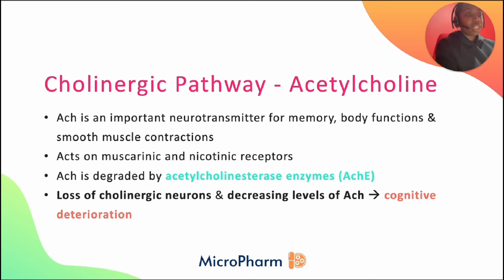So acetylcholine is degraded by acetylcholinesterase enzymes and also by butyrylcholinesterase enzymes. These enzymes ensure that there isn't an excess of acetylcholine circulating in the brain. However, a loss of those neurons and reduced levels of acetylcholine is what causes that cognitive impairment. It's not known exactly what causes that degradation or reduced levels of acetylcholine, but there are a few things that might. So, for example, there may be increased activity of the acetylcholinesterase enzyme, which reduces the levels of acetylcholine, or